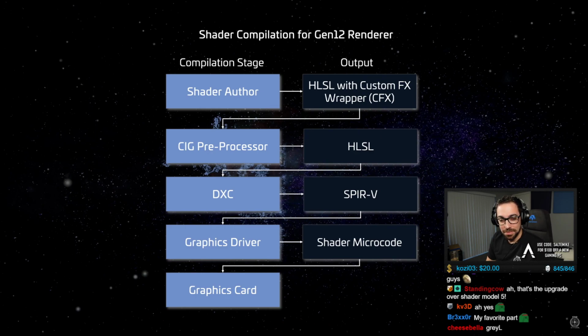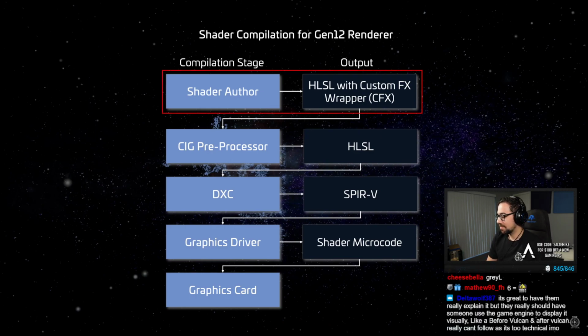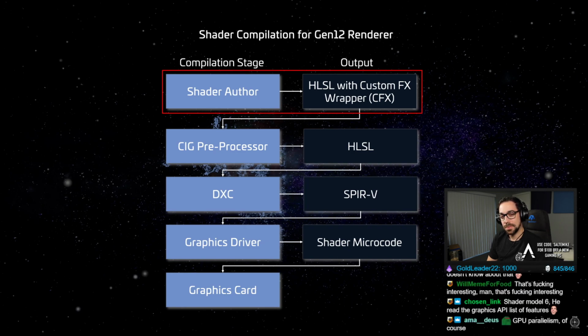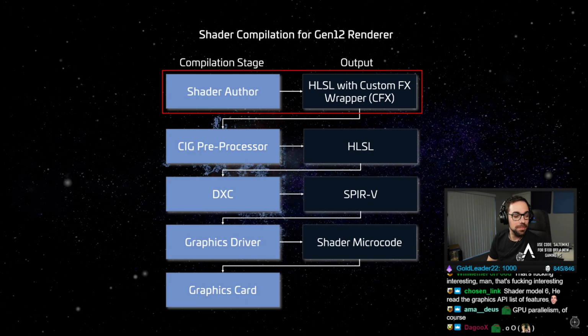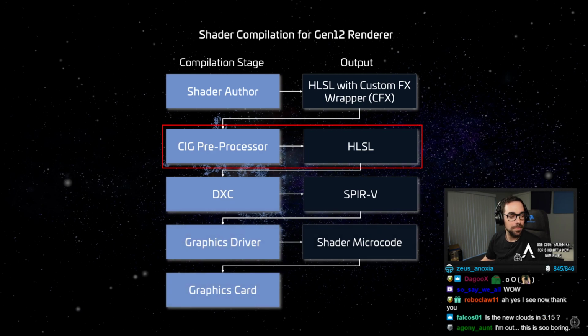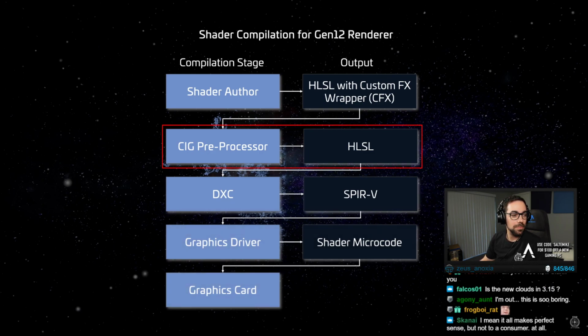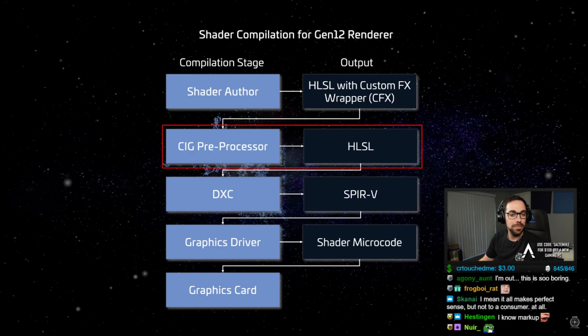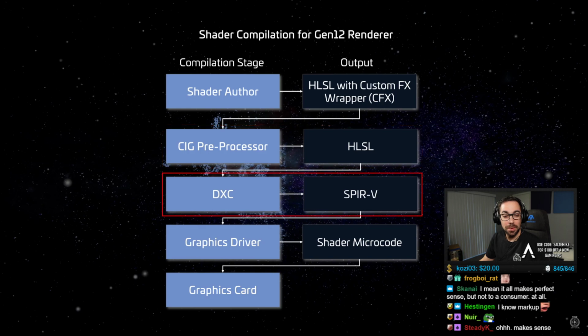It starts at the shader author level. This is where one of our many developers will write a shader using HLSL code with some markup integrated into that HLSL. This HLSL is then passed to the preprocessor. The preprocessor then removes any of the additional code that we don't need and is dealt with accordingly, whilst then outputting just HLSL code. The HLSL code is then passed to DXC,